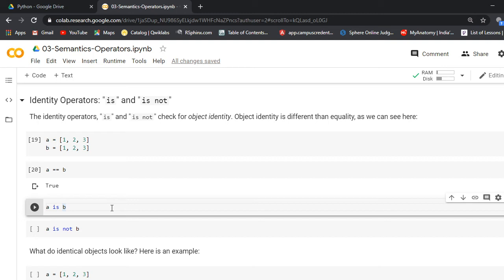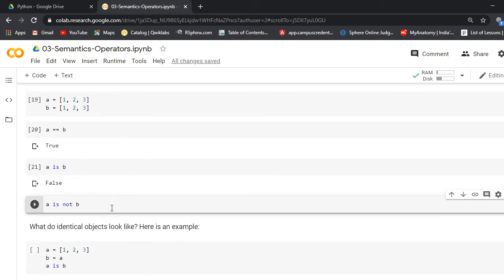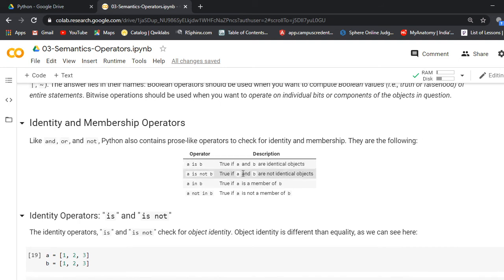We also use a is b, so it will print true, but here not true, because both are not identical objects.